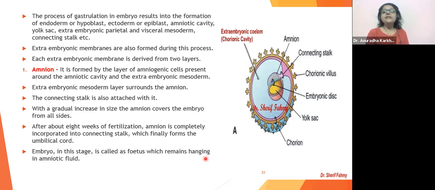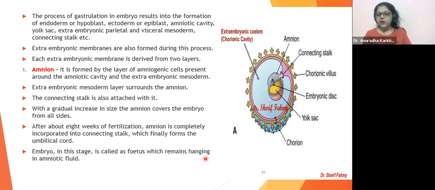Now, see, still we are not looking at how the embryo development is taking place. We are just still talking about the side stories. So we saw the ectoderm forming, the endoderm forming, the mesoderm forming, the amniotic cavity forming, the yolk sac forming, the extra-embryonic mesoderm forming, the connecting stalk forming, right? But we have not yet seen embryo development, right? And what are we still seeing? How the extra-embryonic membranes will form. So they are not going to be a part of the embryo, they are going to be extra-embryonic membranes.